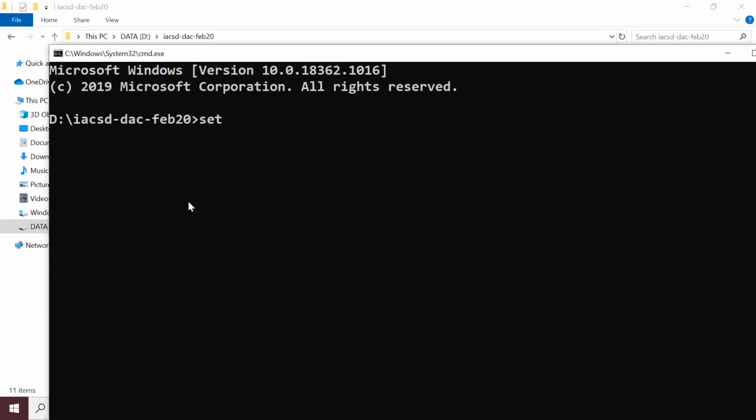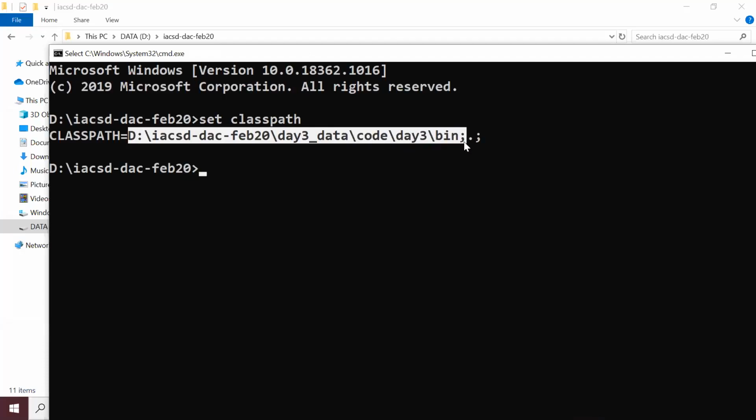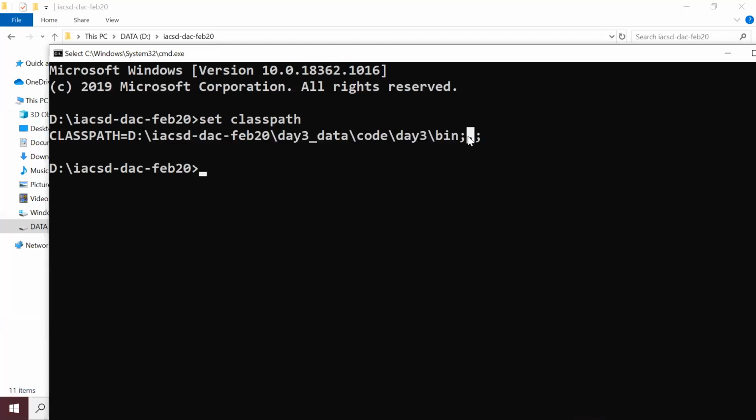Please check your class path value. Type set CLASSPATH, and you should be seeing this without any spelling mistakes. I hope you have copied it and added the dot. In case you want automatic dependency, it is going to help you at compilation time. Same thing your IDE also does.